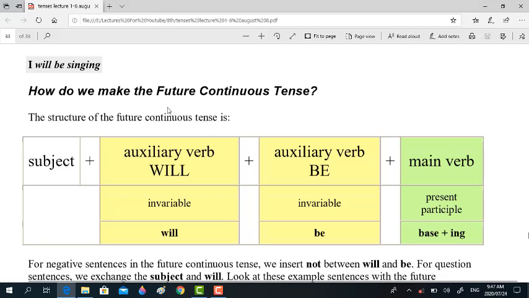How do we make the future continuous tense? We just put the components of this sentence into this formula. Subject plus auxiliary verb will, the another auxiliary, that is be, and main verb, that is base form of verb plus ing. Just like this. I, subject, will, auxiliary, be is the other auxiliary, and singing is base